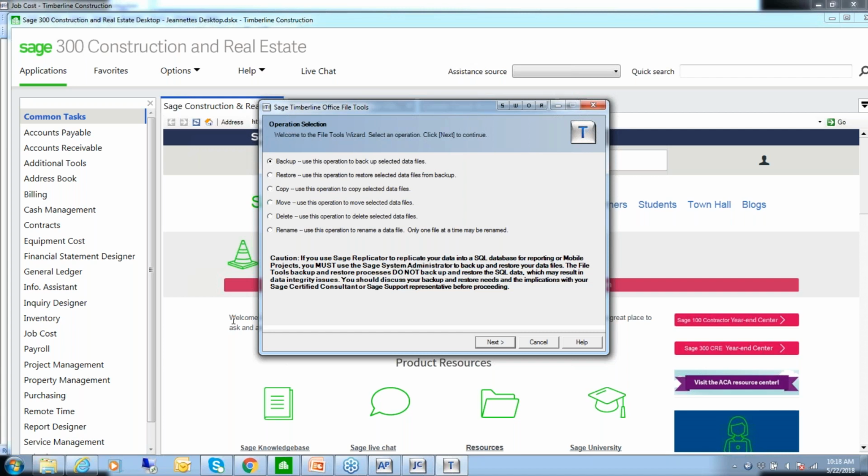So one thing about file tools, you need to make sure that anybody that's making backups or copies of data for Sage is using this option, because it picks up all the pieces of the Pervasive database. If your user goes out to Windows Explorer and tries to copy the file from the main data folder and only picks up that one piece, they haven't backed up any data. So using this option here,